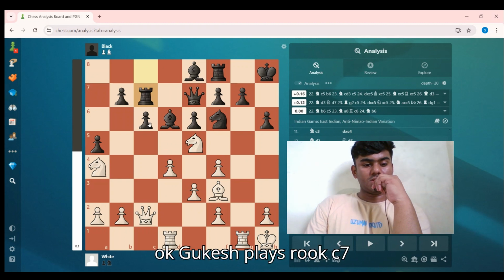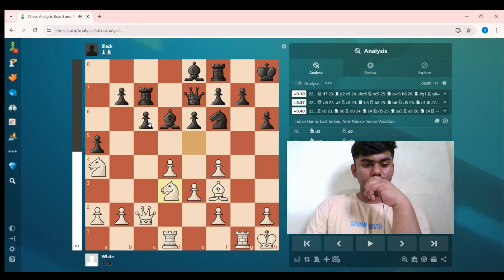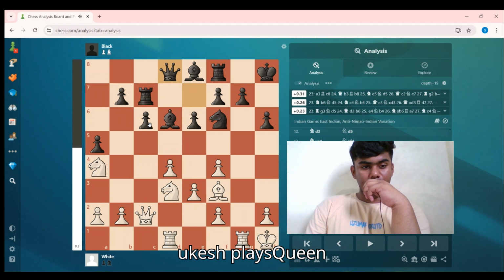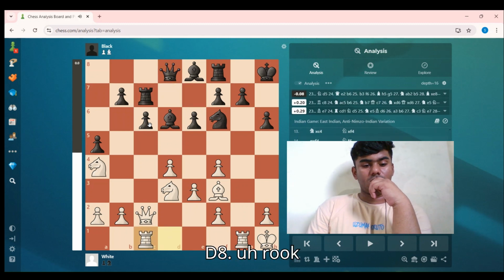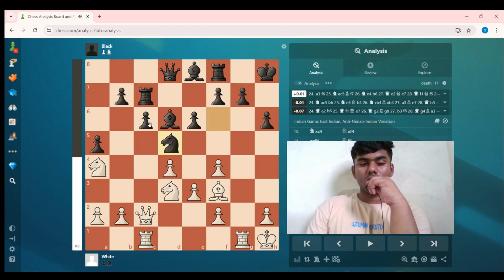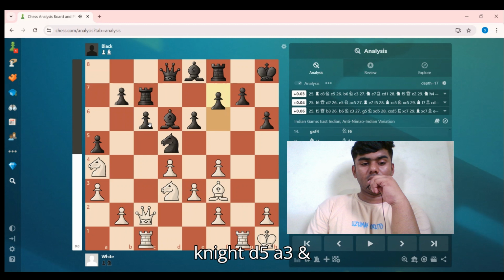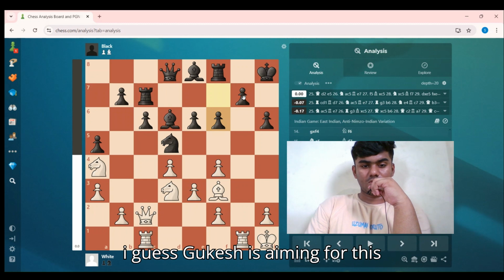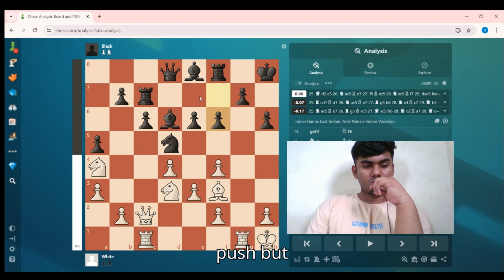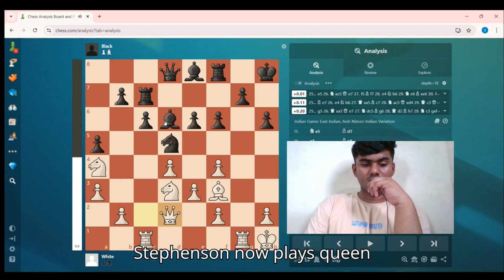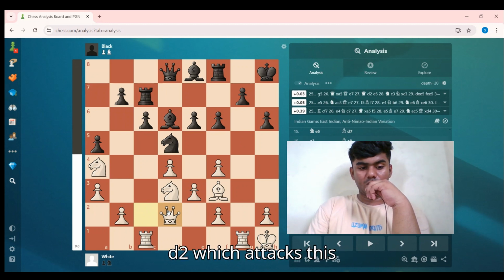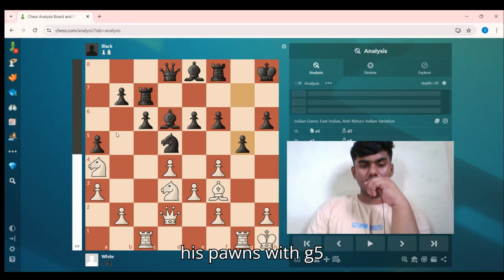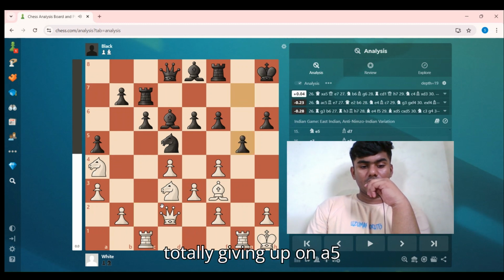Gukesh plays Rook c7, Knight d3 played. Gukesh plays Queen d8, Rook c1 played, Knight d5, a3, f6. Now, I guess Gukesh is aiming for this push, but Stefansson now plays Queen d2, which attacks this a5 pawn, and Gukesh responds with g5, totally giving up